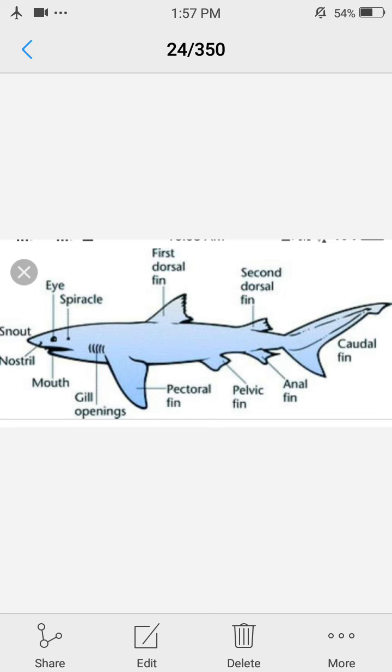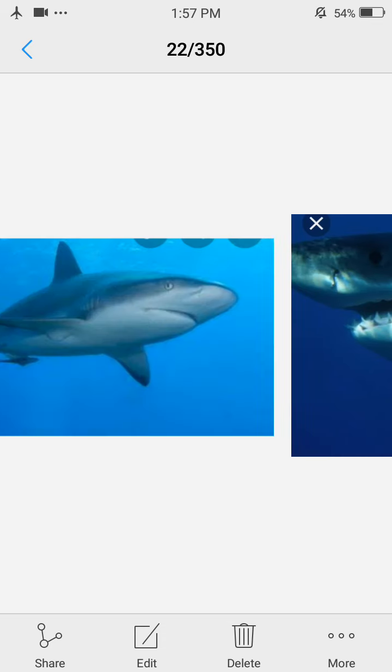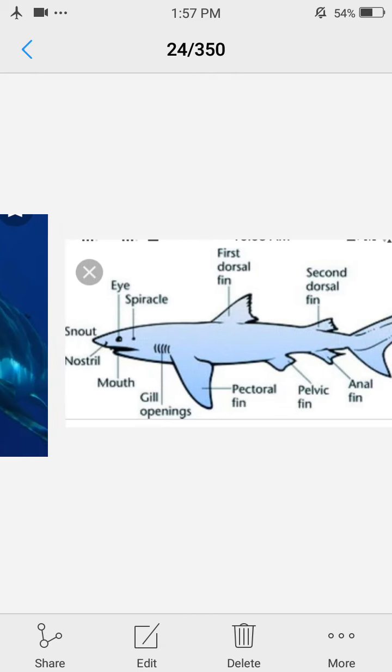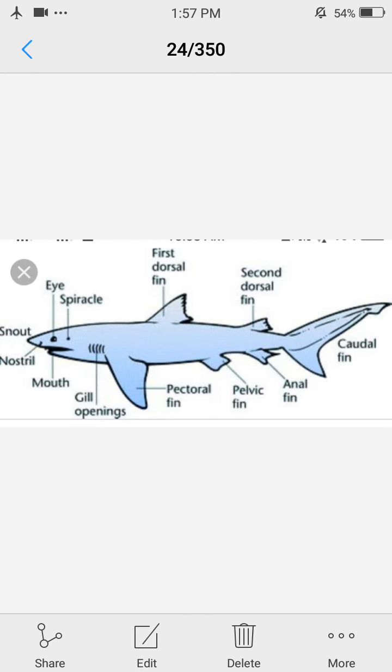This figure which you can see is the picture of a cartilaginous fish. You can observe different body parts. The skeleton of this cartilaginous fish is composed of cartilage. The mouth is ventral. Ventral means downside. Here in this picture and in this picture you can see the actual position of the mouth. It is ventral, on the downside of the body. So this is a distinct feature of cartilaginous fish.